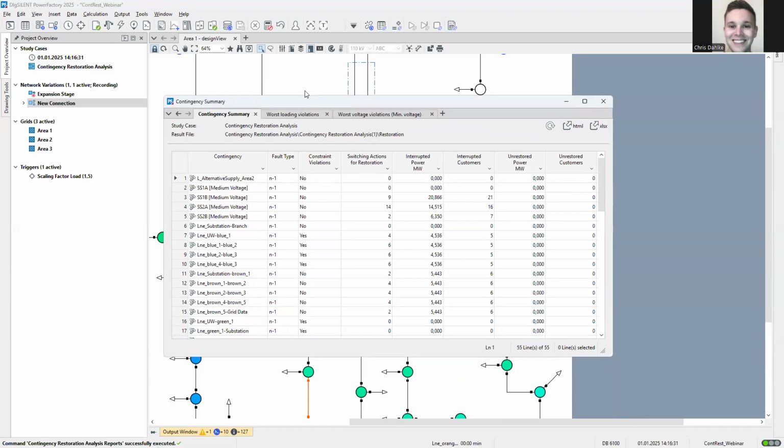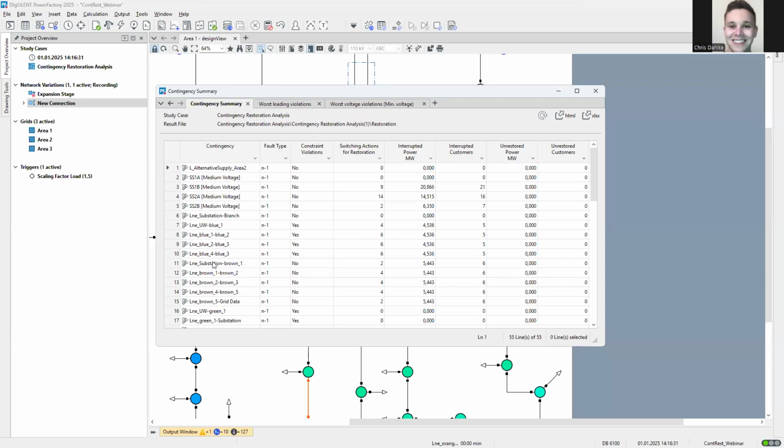This is something I already showed in the presentation. For each contingency, we can see how many customers have been interrupted, what the interrupted power was, and also what the state is in the end. This is one of the contingencies where we were able to resupply everyone without violating constraints, and we need 4 switching actions for this. But as you can see here, we also have other cases like this one where we cannot resupply everyone, but we don't have constraint violations. In that case, a topological problem will be the reason